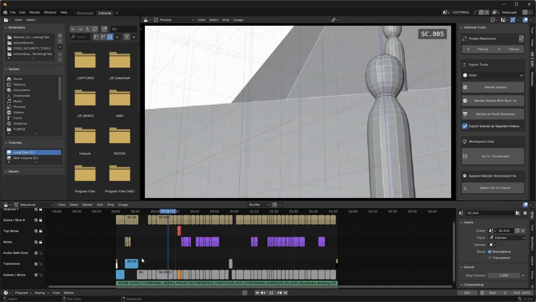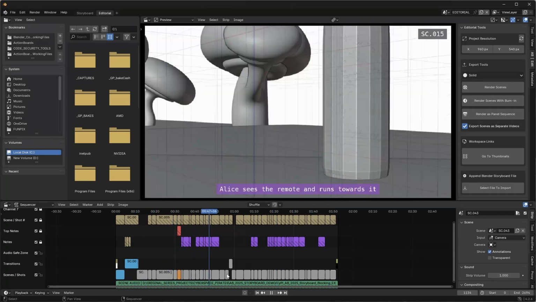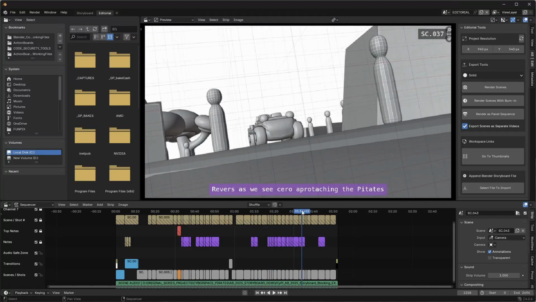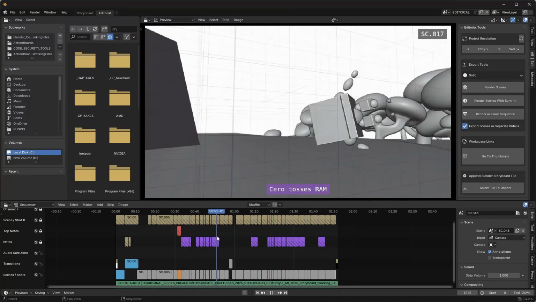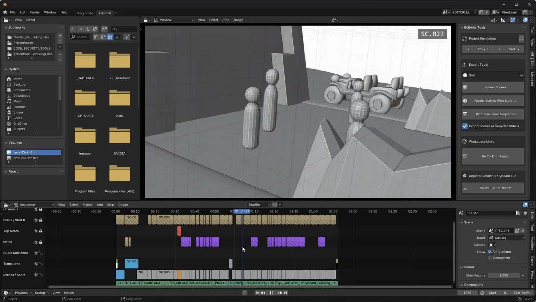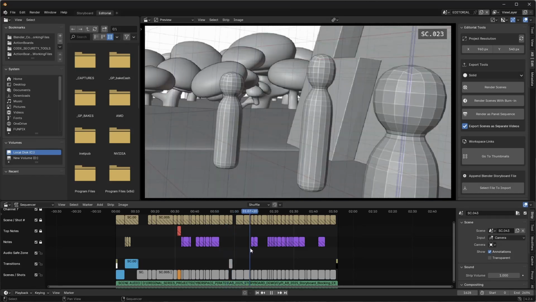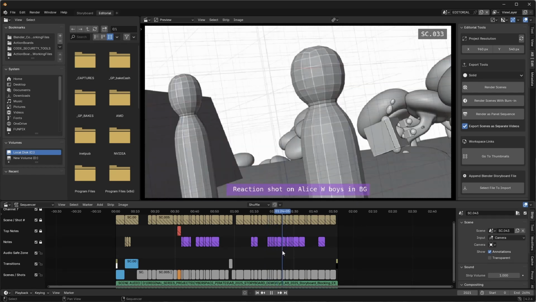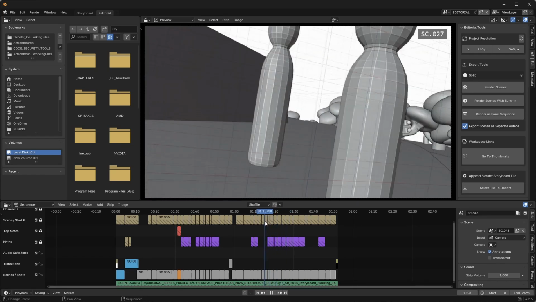Scene blocking for a 3D storyboard is the process of framing scenes with your camera through all of your shots, using proxy sets and proxy character models. Think of it like a more simplified version of layout. This process can happen either before or after thumbnailing, depending on your workflow preferences. In my case, I like to do my scene blocking before thumbnailing, and then thumbnail my drawings within the scenes